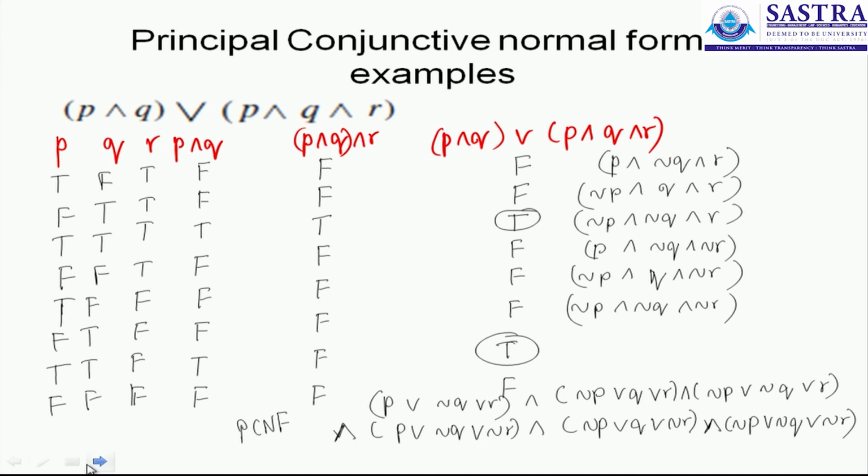So with that problem, we'll end today's class, where we learned how to find the dual of a given compound formula, and we also understood 2 important forms of any given compound formula: the principal conjunctive normal form and the principal disjunctive normal form. In the next class, we'll have an introduction into the theory of inference, which is actually the practical application of whatever we saw so far in understanding how a computer makes certain decisions based on the inputs given. We'll have a look at them next class.